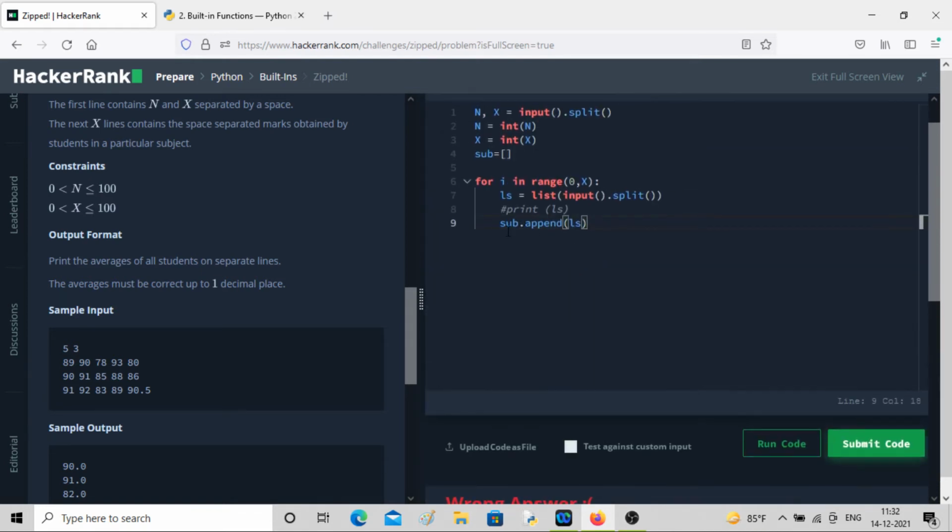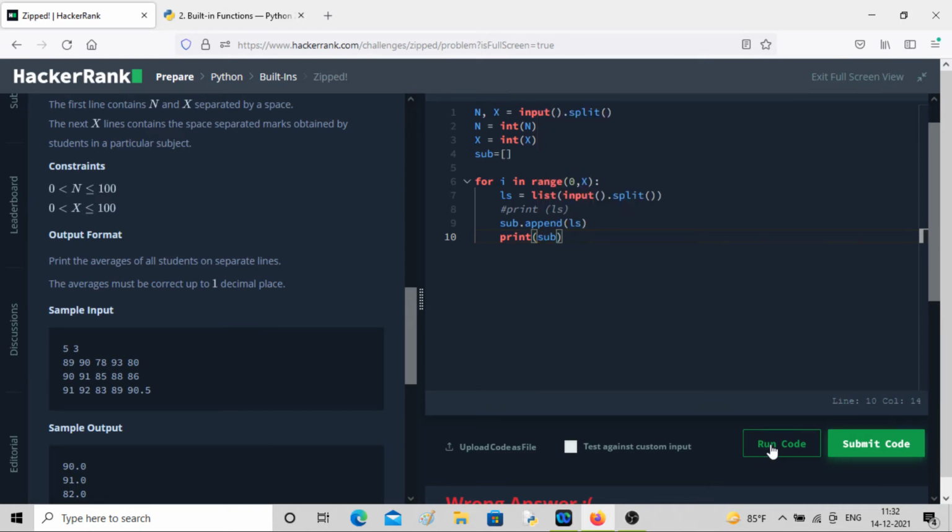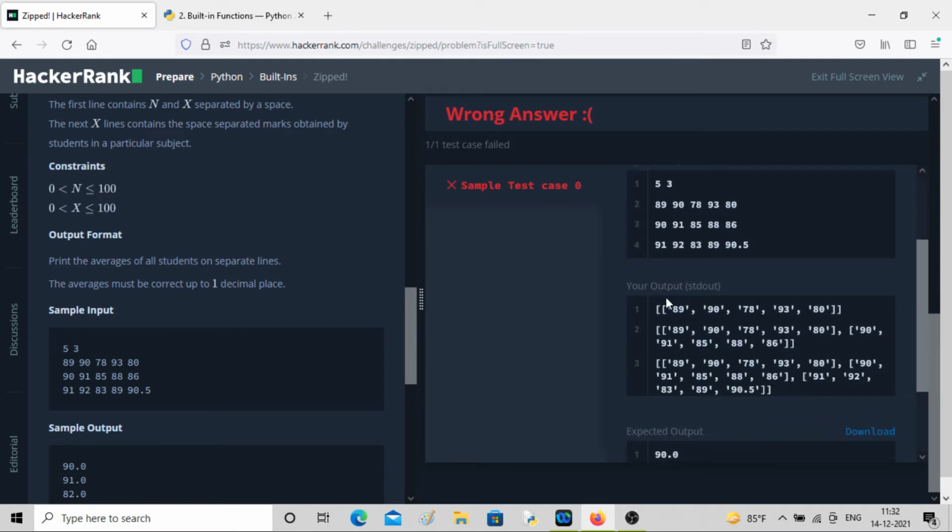Oops, we have not printed, so print sub. If you see, first iteration you got the subject 1 marks, second iteration you got subject 1 as well as subject 2 marks, and third iteration you got subject 1, subject 2, and then subject 3 marks. But there is one problem, they all are in string form.